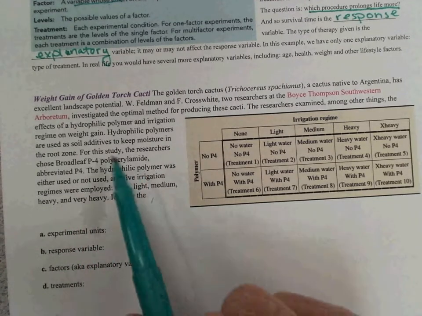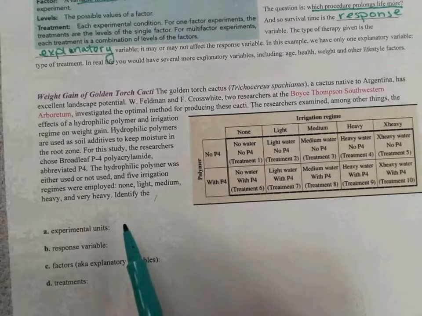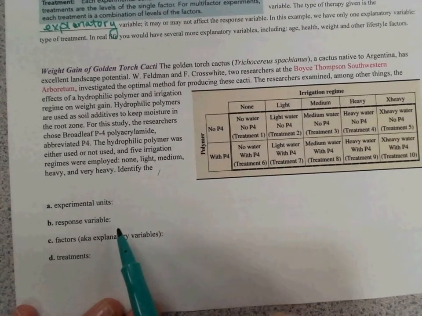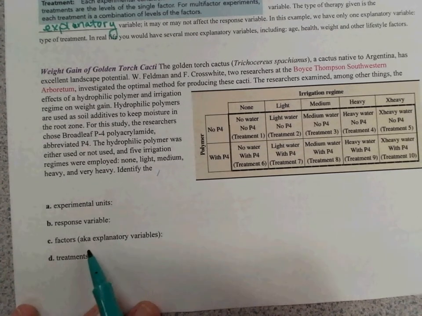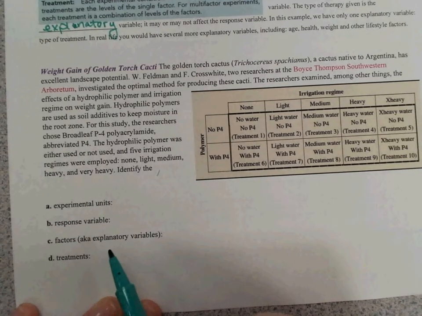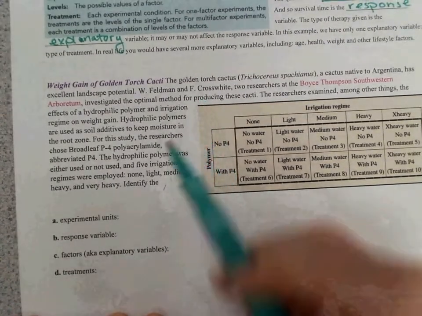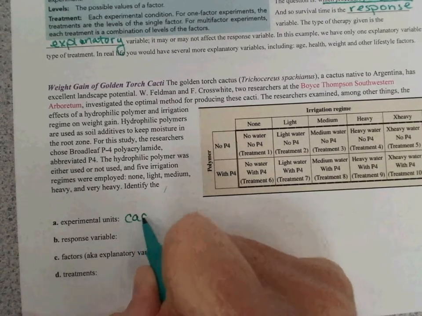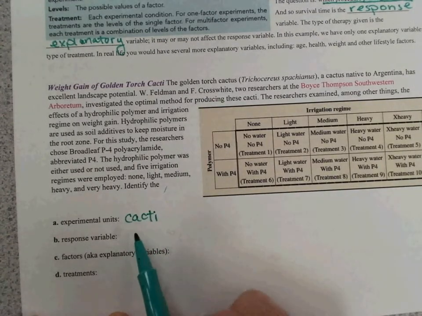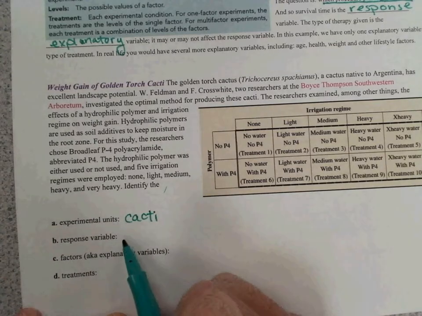And we will identify from the situation the experimental units, the response variable, the factors or explanatory variables, and the treatments. So when we look back through, we could notice that the cacti are the experimental units, the response variable,